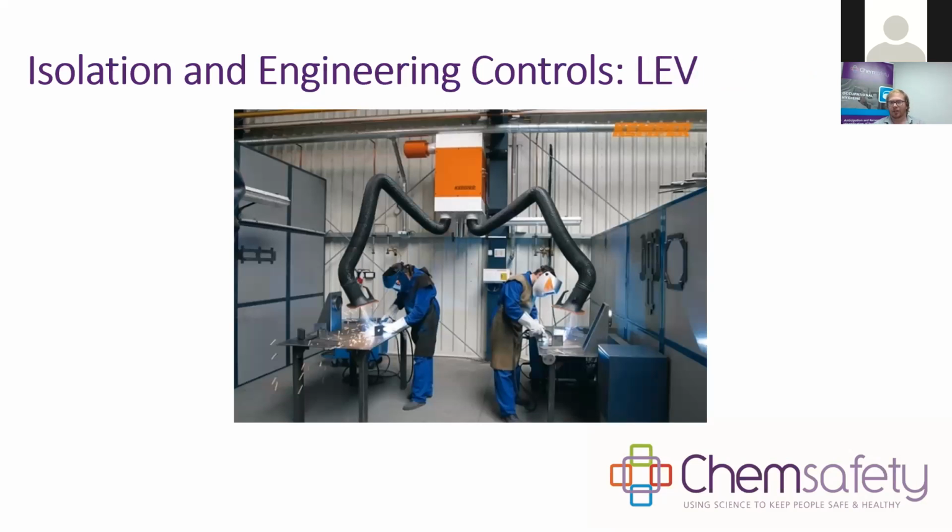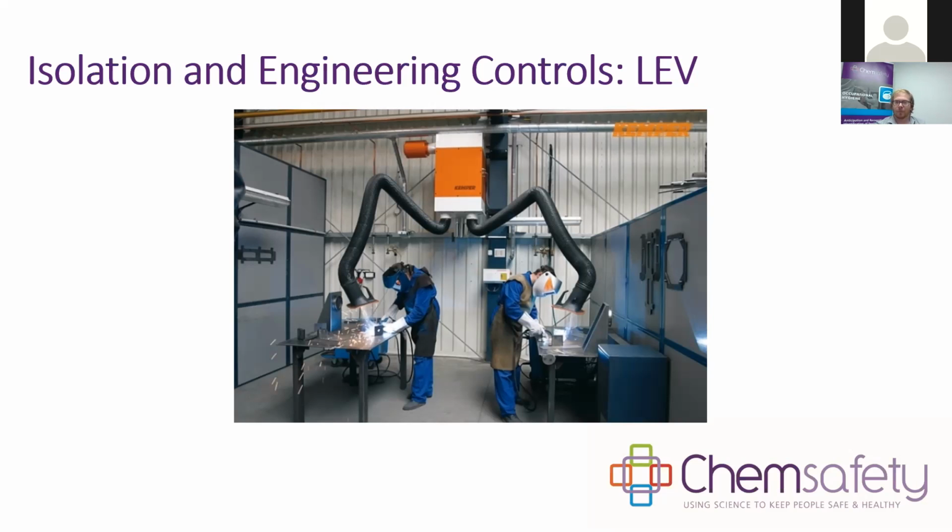Another example of an engineering control here is an LEV system, so local exhaust ventilation. In this case, you've got two welders here. They're wearing PPE as well, as you can see, but they've got these flexible extraction hoods that suck up the fume, drawing it away from their breathing zone. And if you can see in the picture there, it's actually quite effective. A lot of the fume is going into that capture hood. So it's definitely reducing the hazard for them, and it's isolating them from the environment. It's also an engineering